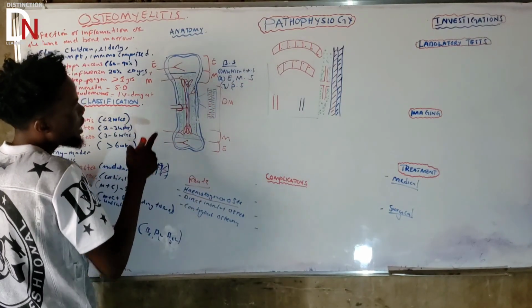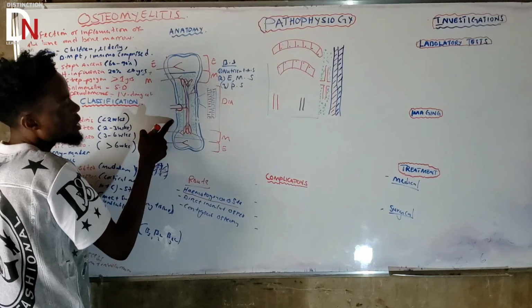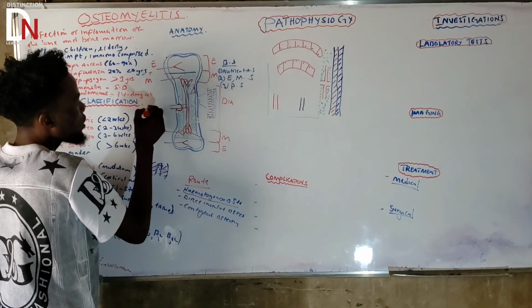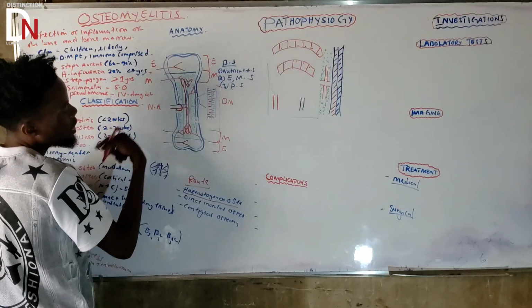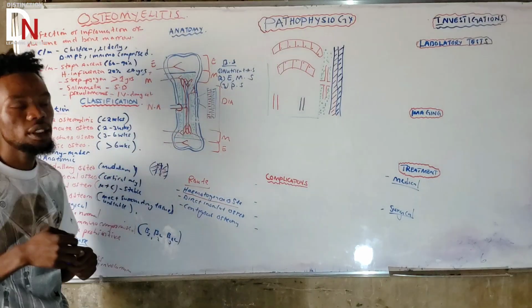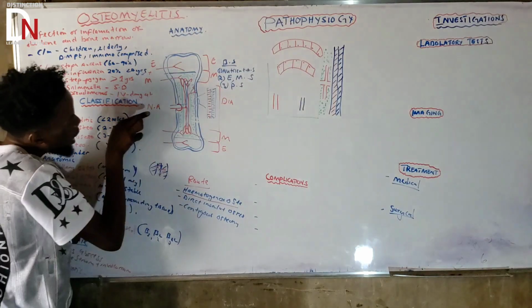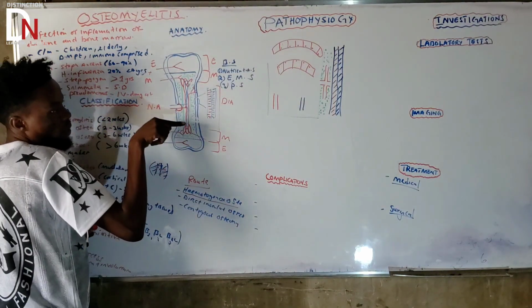What is the other one? The other one, as you can see, is on the diaphyseal region. What do we call this? We call it the nutrient artery. There's a nutrient vein and also a nutrient artery. They are going to come from this side and enter into the